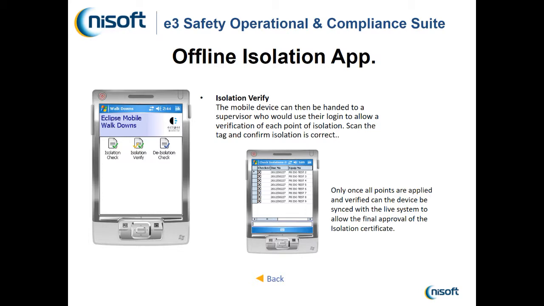So you're building up a very strong audit trail there for when the particular isolations were done and who did them. Once all of the isolations have been confirmed, you can then go back to the main E3 system and synchronize this information back up with the main permit, which will have been locked up to this point, and it will now allow it to be carried on in the process. So basically, it will unlock the button that will allow you to do the final approval ready for issue. So again, it's controlling very tightly and performing an audit trail as part of a process